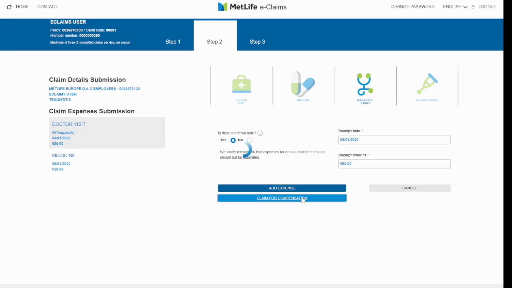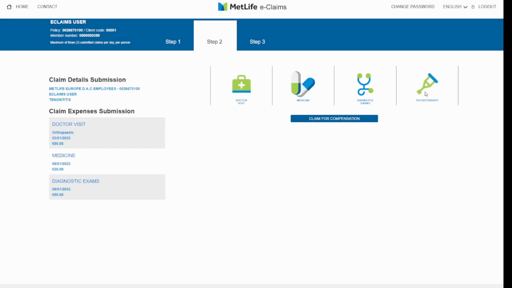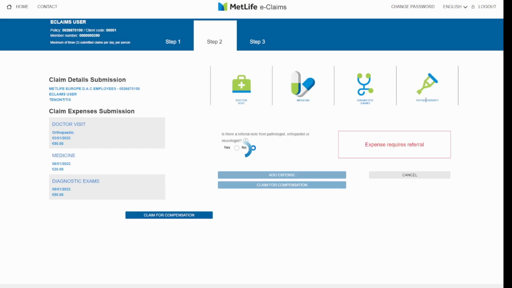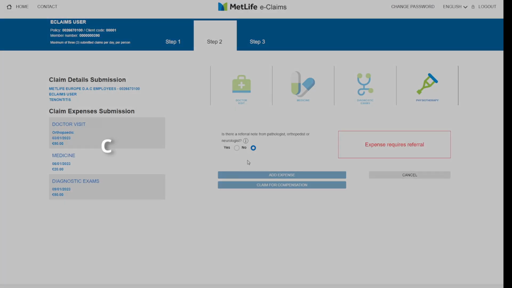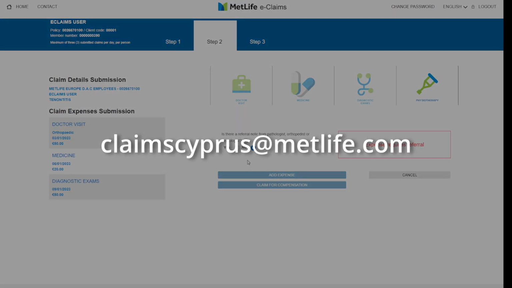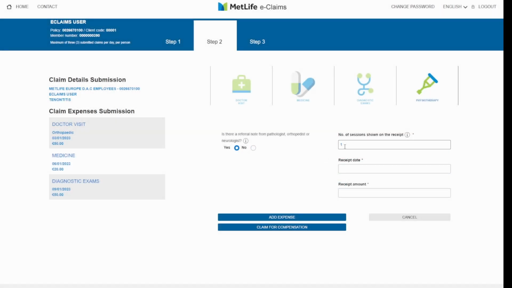In case of submitting expenses for physiotherapy, select Yes or No to indicate whether there is a referral note from a pathologist or orthopedic or neurologist. In case there is no referral note, the claim should be sent to claimscyprus@metlife.com for evaluation. Please fill in the number of sessions shown on the receipt, the date of the receipt, and